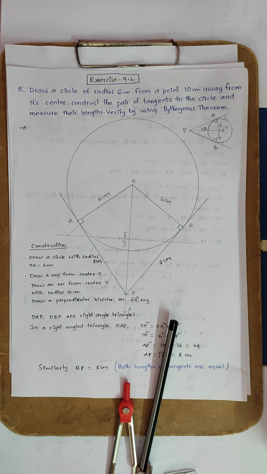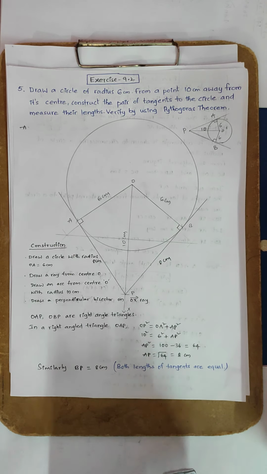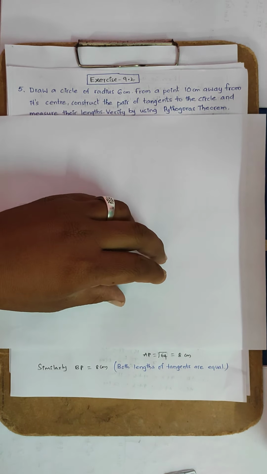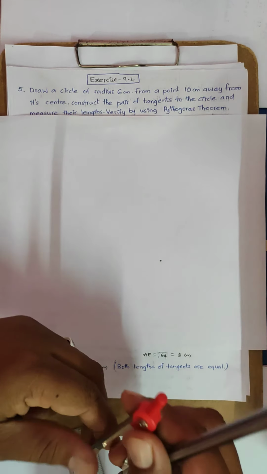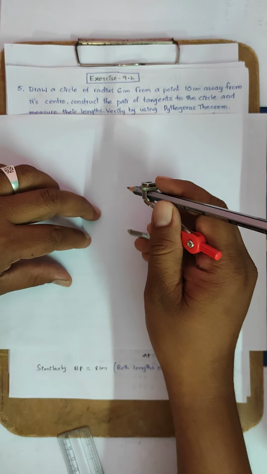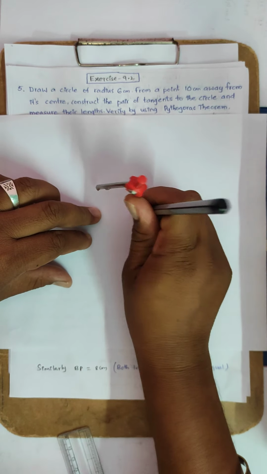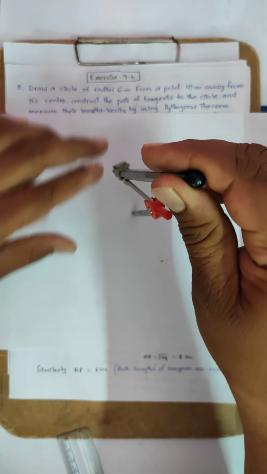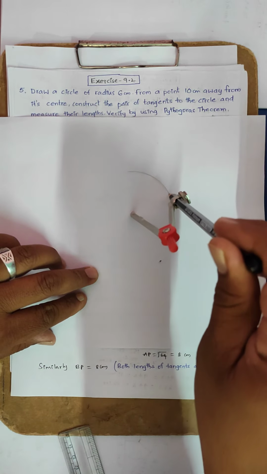Hi everyone, today our topic is tangents and secants to a circle, exercise 9.2, fifth problem. To understand this construction of tangents to a circle better, first I will show you how to draw a tangent to a circle. With the given radius, first you locate a dot, then draw a circle using a compass